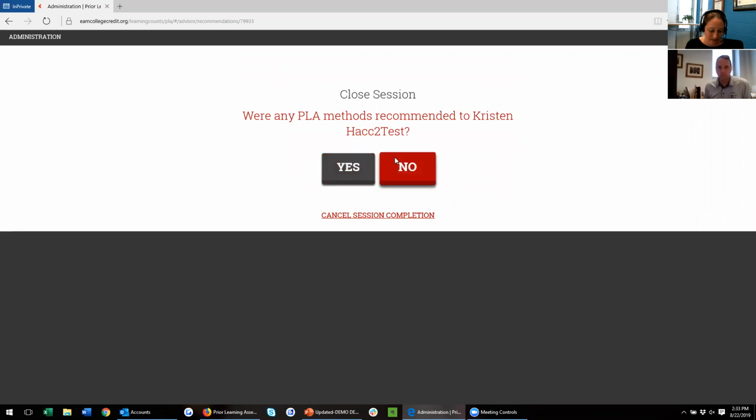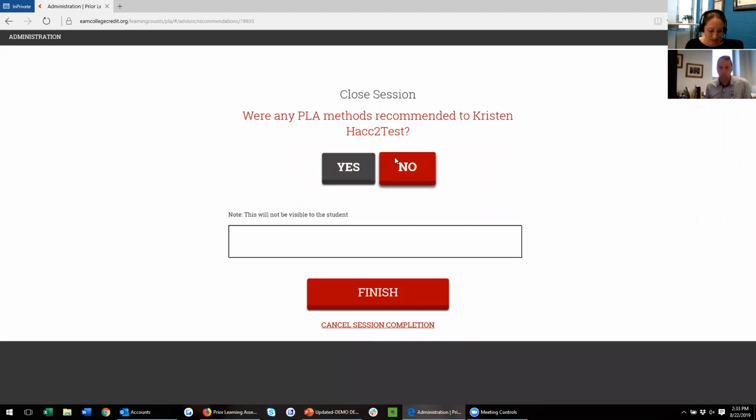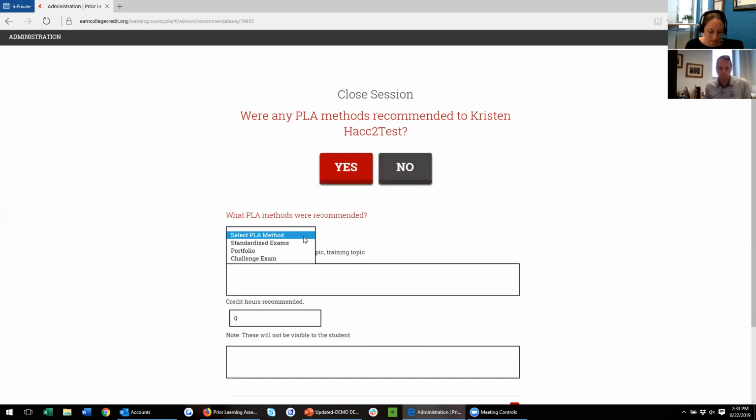Now, if I didn't want to, I can certainly mark that because that's useful information too. Like Kristen wasn't a good candidate, and I could put a note in here for myself and for anyone else who's going to later look this student up, but the student can't see it. But in this case, I am going to recommend that she take a challenge exam. So these are instructions that will get to her, and I'll explain how that gets to her in a second. So I can give really specific instructions to her so she knows what to do. And then I can just leave a note that says,